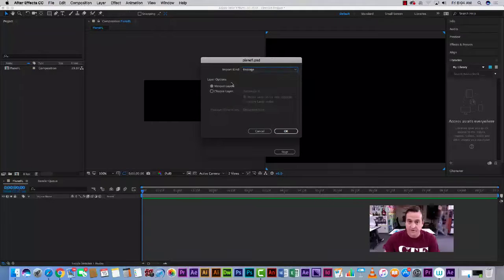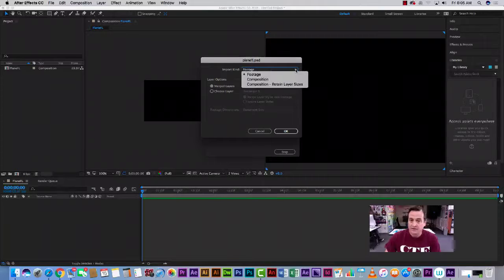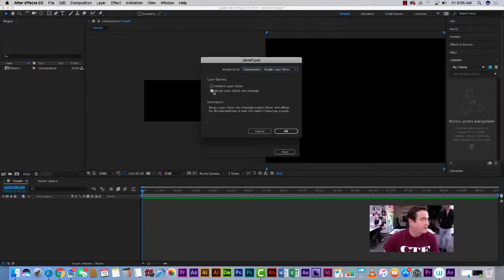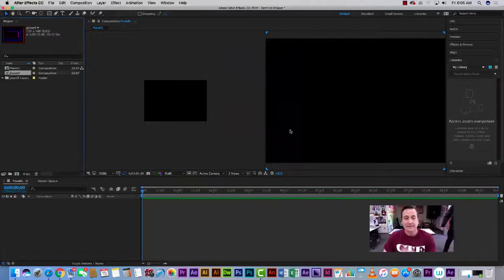This is the important part here. You've got to make sure that you do this right. So yours might say footage. You want to click the drop down arrow and put composition, retain layer sizes. And you want to make sure that for layer options that second radio button is selected, merge layer styles into footage. Click OK, and you'll see that you have a folder with your